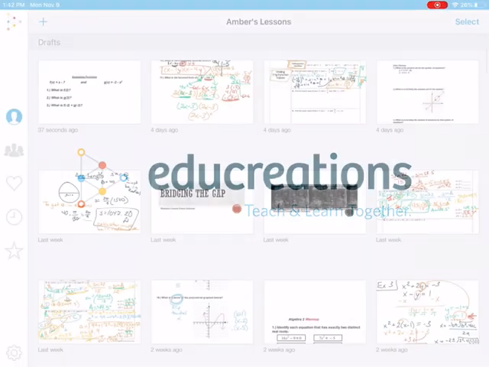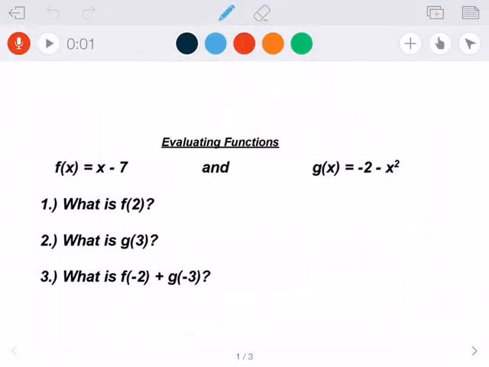Today we're going to start by talking about evaluating functions and also function composition. In order to start with evaluating functions, when we're given, for example, the following examples, number 1 asks, what is f of 2? What that means is, what is the value of the function when we replace x with 2? So we go to the function f here that says x minus 7, and we replace what's after equals,